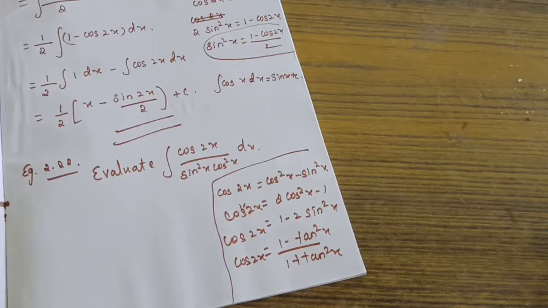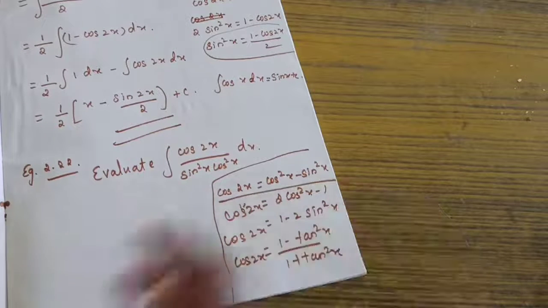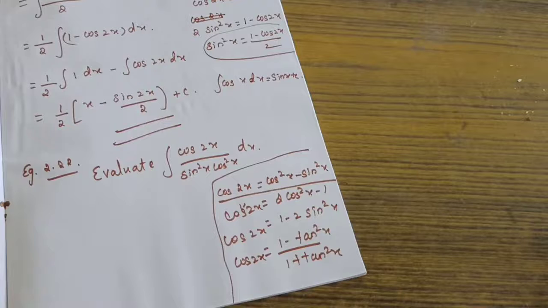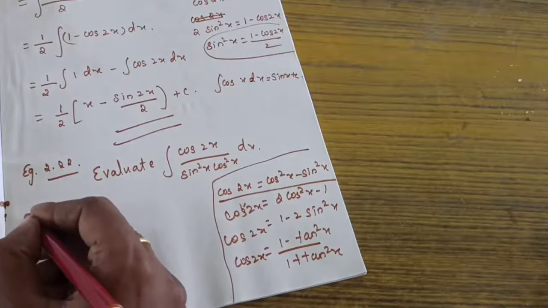But what's the formula we need? So we need to choose, is it right? You see the denominator, sin square and cos square is there. When you are choosing the formula, we need to choose by the terms of cos and sin. So what's the formula here we can use? Shall we use the first formula? Second formula means only cos term you will get. Third formula means sin square alone you will get. Fourth formula is not used here. Okay. So we'll use the first formula. You may get confused, because of that I gave all the 4 formulas.